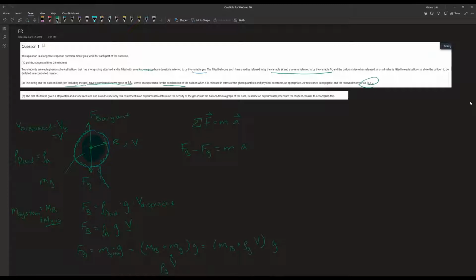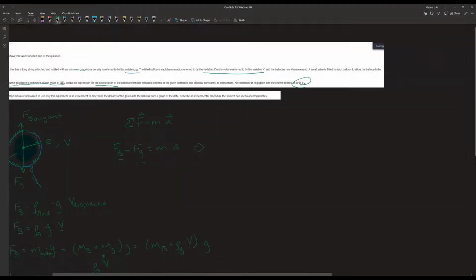Okay. All right, so we can go ahead and set this all up. We can go ahead and substitute for these two terms, and this expression becomes rho of the air times the volume times g, this is the buoyant force,